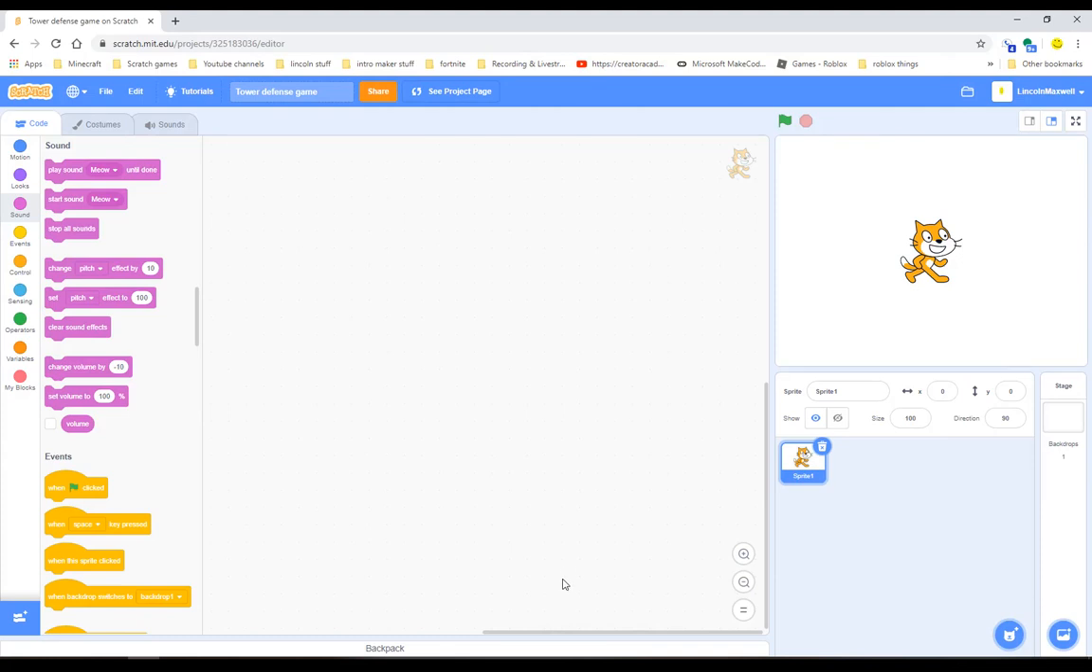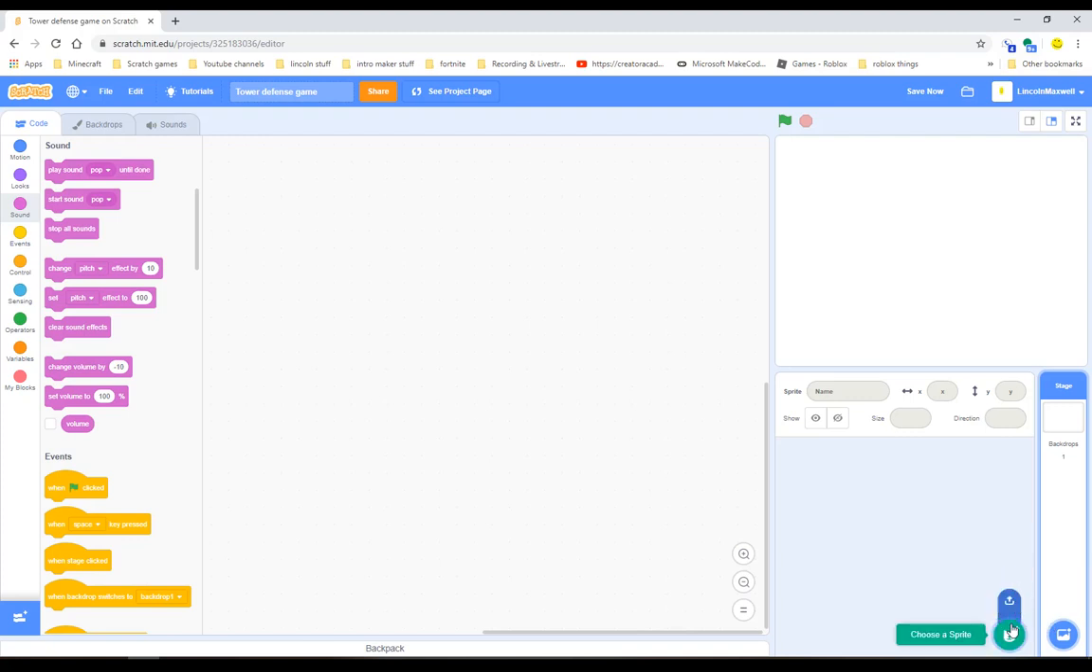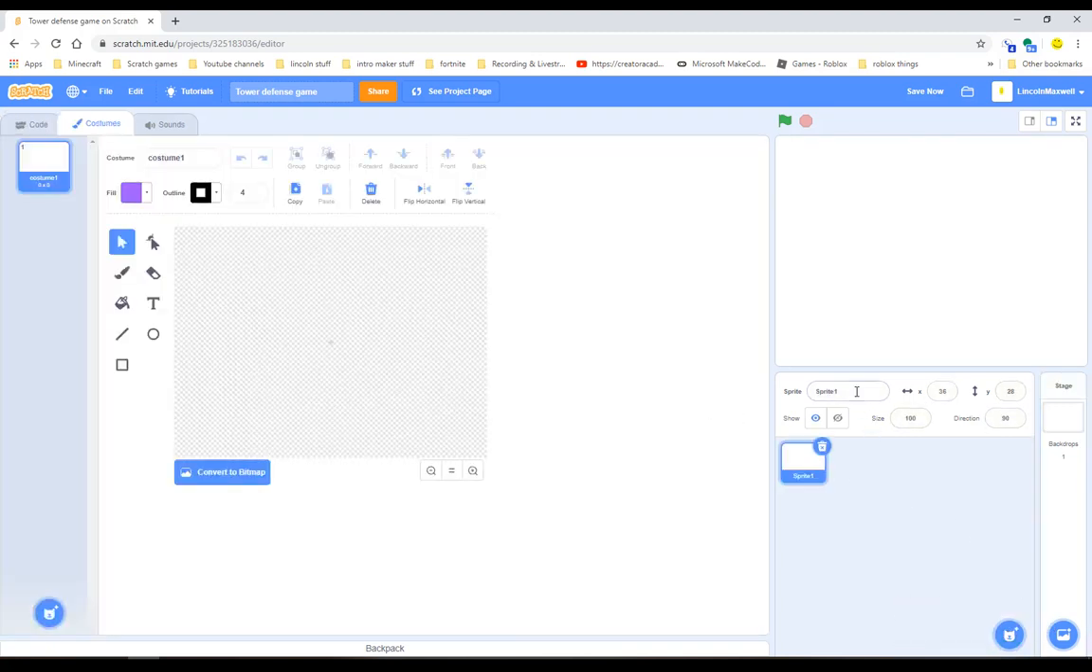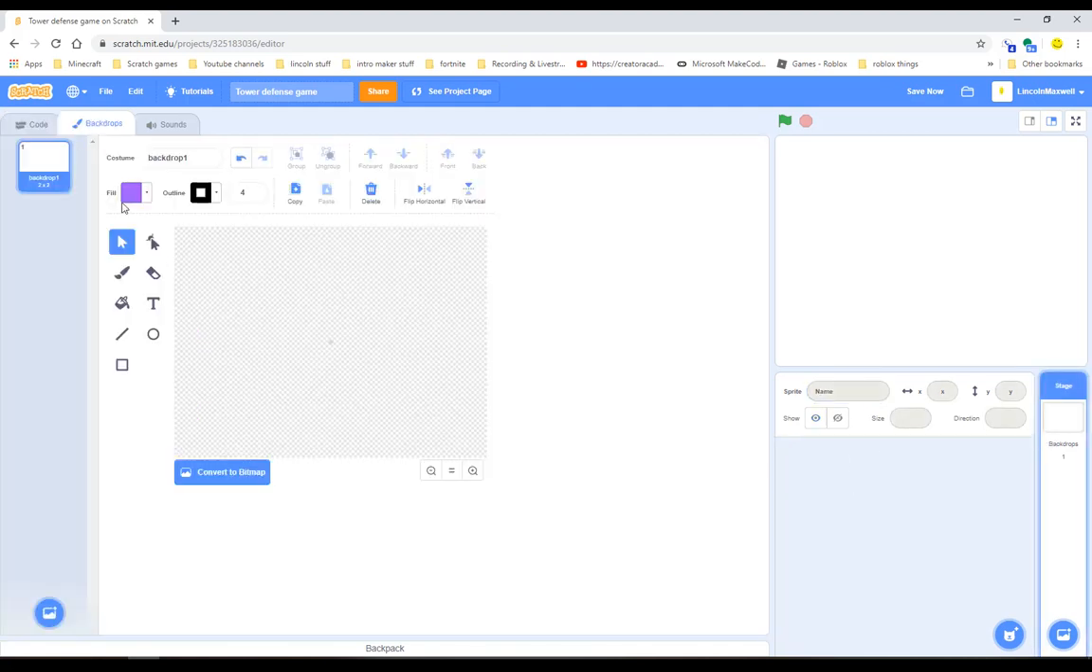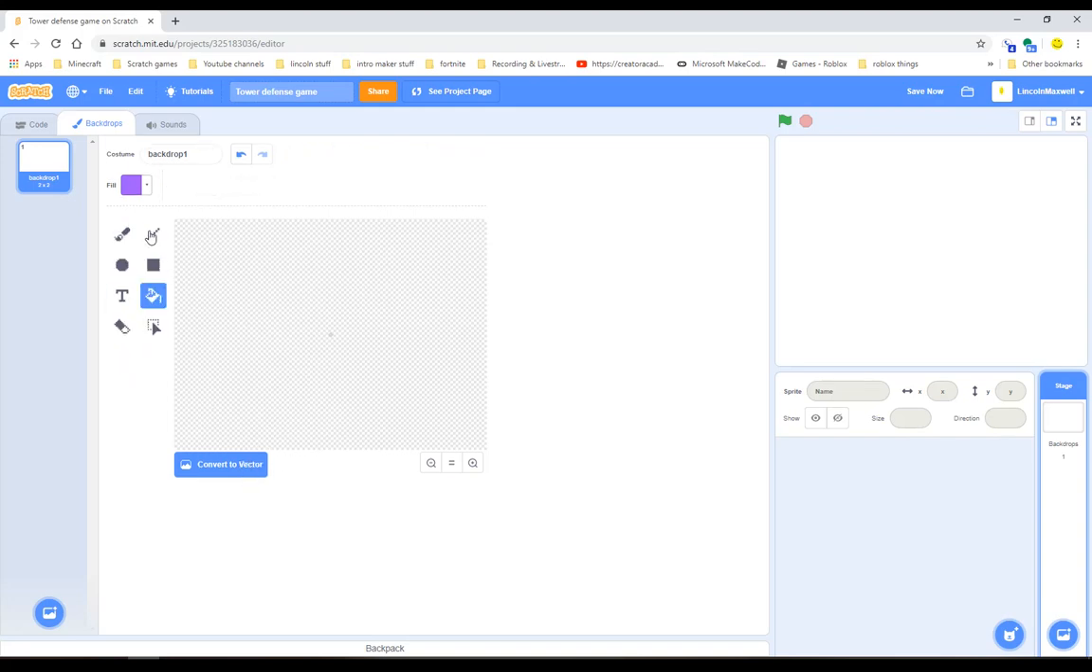Hi guys, today I just wanted to start a new series on Scratch on making a tower defense game. So let's get started. This tower defense game isn't going to be too different than any tower defense game on Scratch, but we're just going to start with deleting the cat and making a title screen. So let's go to our stage, and the color will have it be,